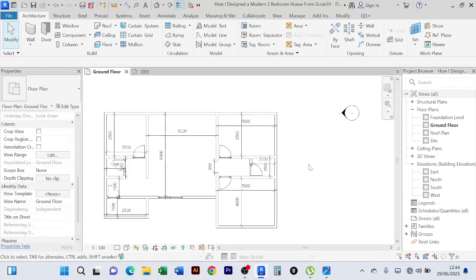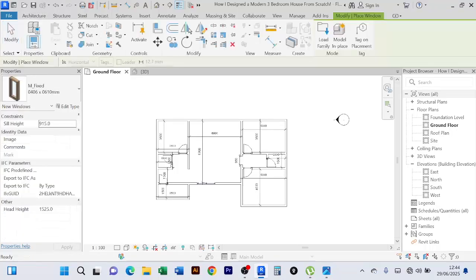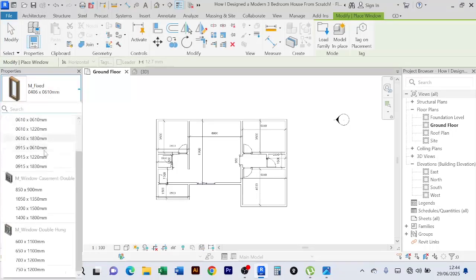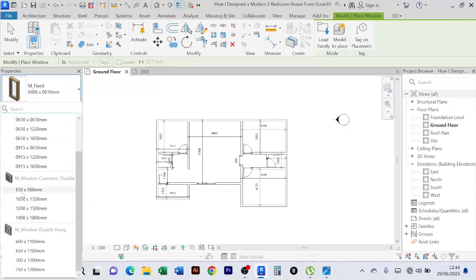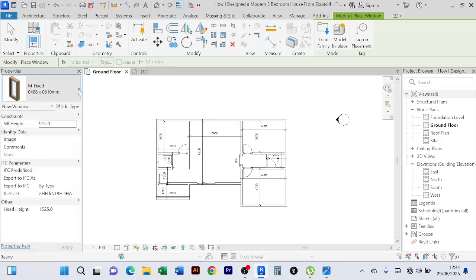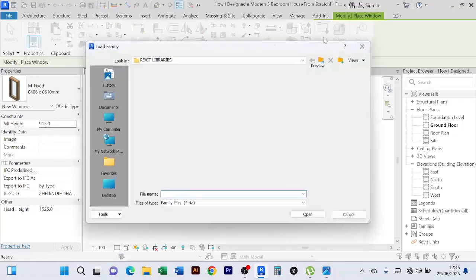Of course, we are now going to windows. We need to place our windows. If you want to place a window, you still come to Architecture, look for Window, and click on the window, and Revit will also give you some windows here. At least for the windows, Revit has so many options, but I still don't like these Revit files, so I prefer to download mine from the websites that I mentioned before: BIMobject, BIM Share, Revit Library, 3D Warehouse, all those ones. Then I can now simply load family,